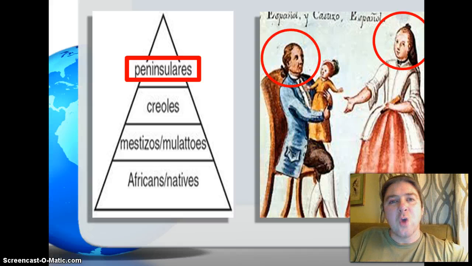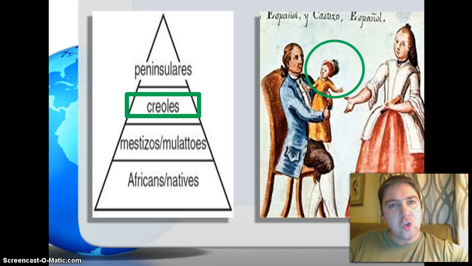The system is so rigid and strict that their own children, if they weren't born back in Europe, if they were born in the colonies here, they were automatically a lower rank. They were Creoles. Okay, there's even examples of people sending pregnant wives back to Europe, trying to get back to Europe to deliver the babies on European soil so that they'd be peninsulares and not Creoles. But these two groups are really going to be the governmental control of the colonies, largely the peninsulares and to